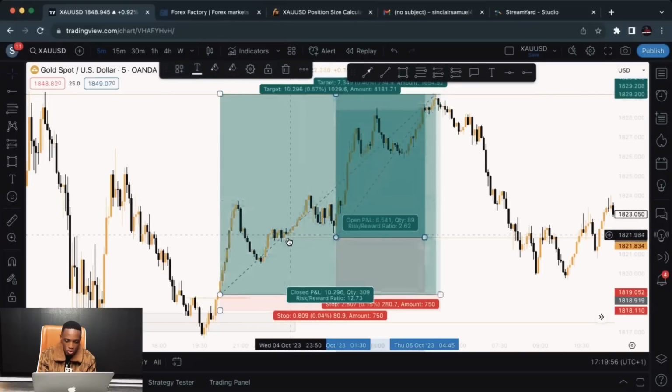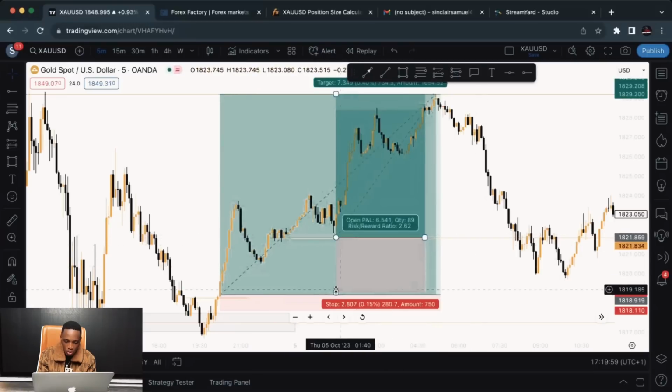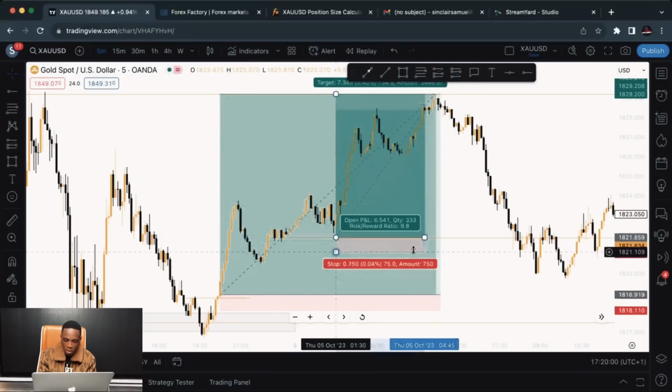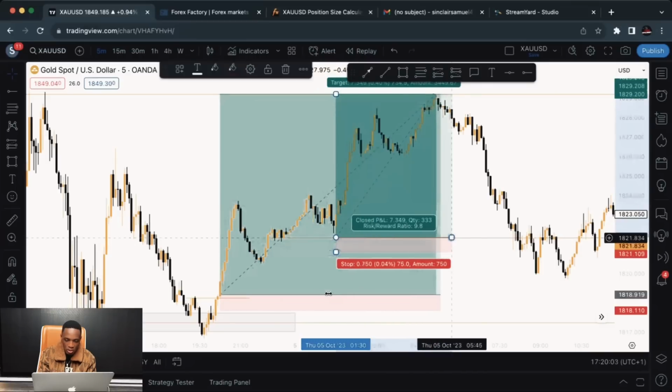I know that this is where it should stop. So my stop loss will be below this zone, and that trade will be running. So this stop loss, I would move it from here. Let's say, for instance, I'm risking